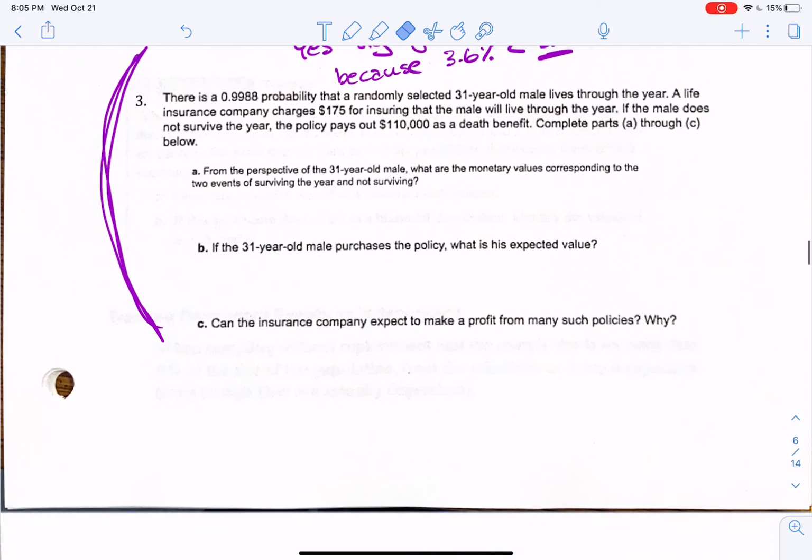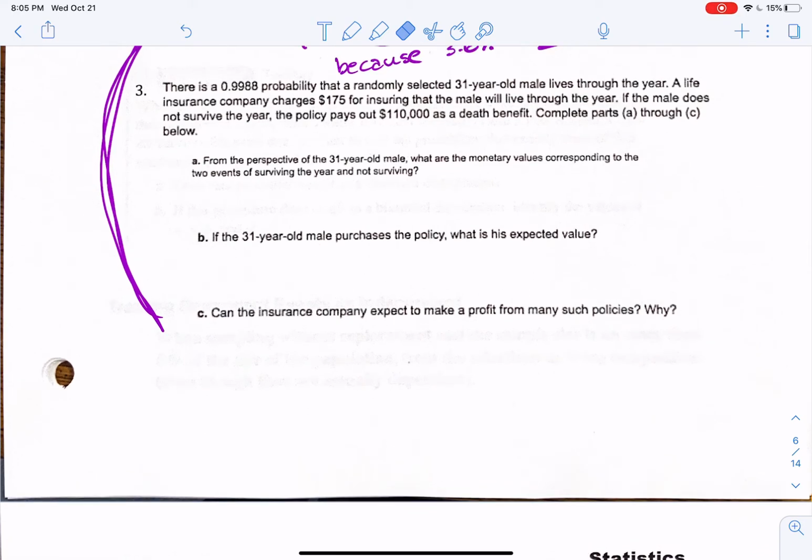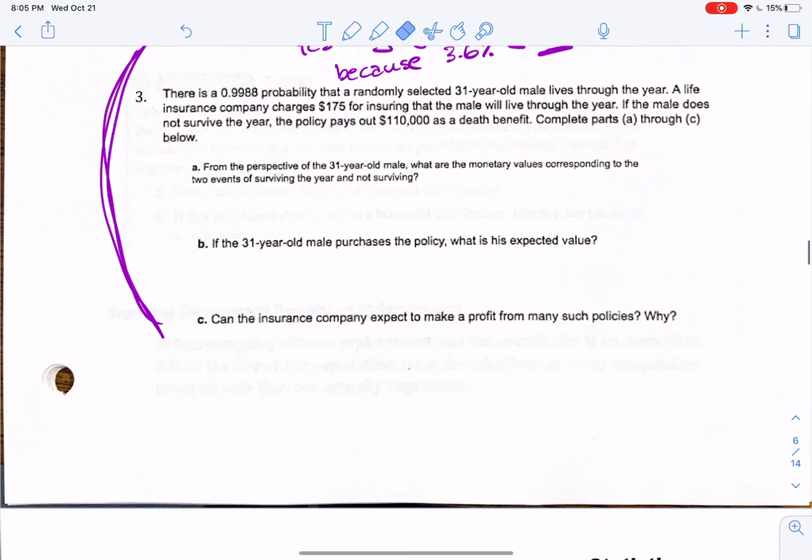A life insurance company charges $175 for ensuring that a male will live through the year. If the male does not survive, the policy pays out $110,000 as a death benefit. Complete parts A through C below. From the perspective of the 31-year-old male, what are the monetary values corresponding to the two events of surviving the year and not surviving? So if I survive the year,